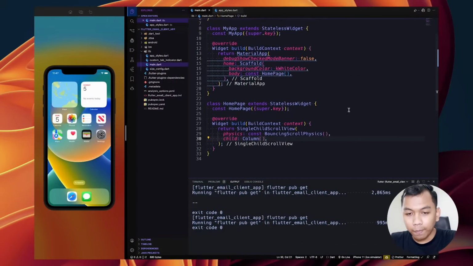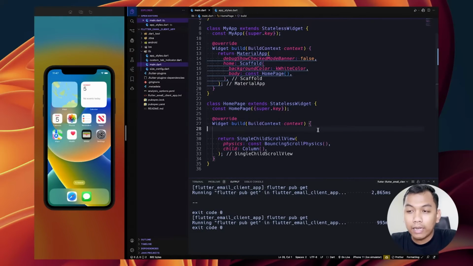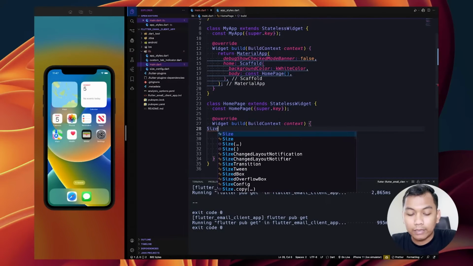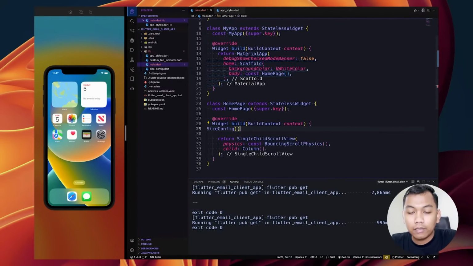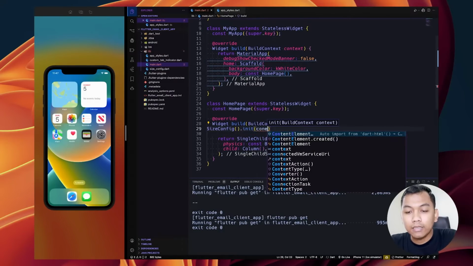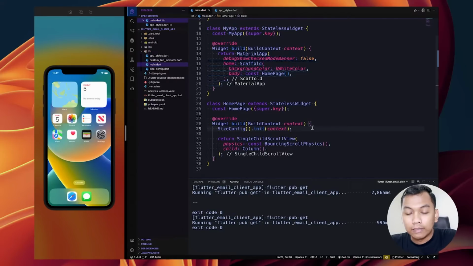Alright, and the next step, we need to call our size config. So we can say size config dot init, because we need to initialize our size config with the context, which is the nearest context.